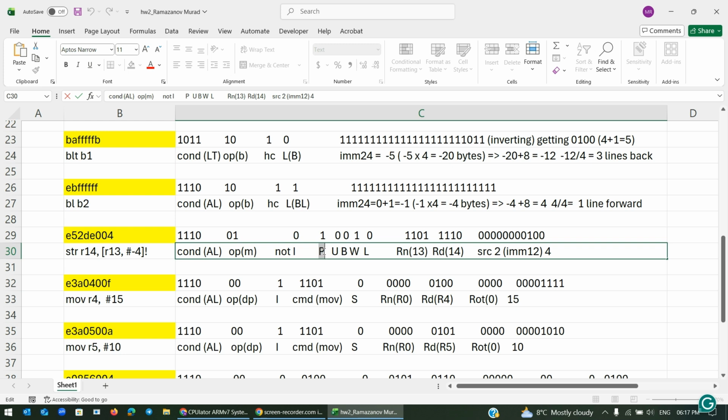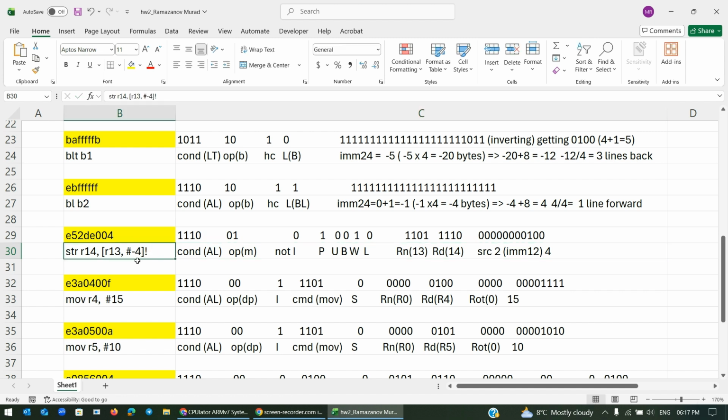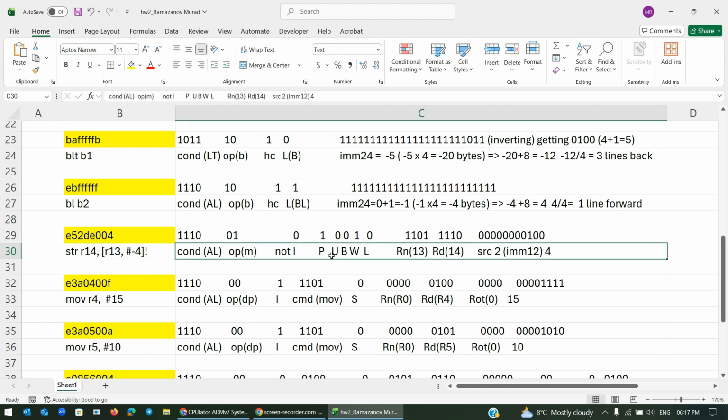Then we have our P, which is the pre-indexing, and I would like to correlate it with this W, which means the write back. So in this case, P and W are 1, which means we will have the pre-index instruction. We can see here we have an exclamation mark and the brackets. The U is 0, which means it will be subtraction. The B is 0, which means